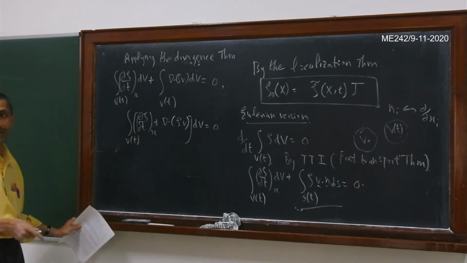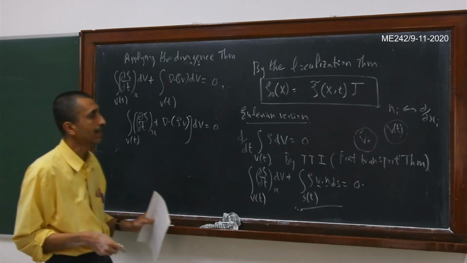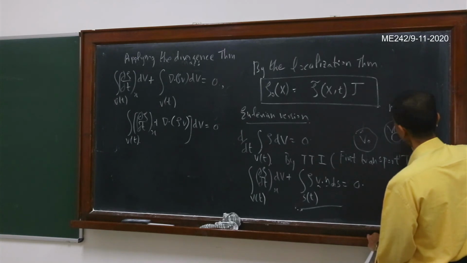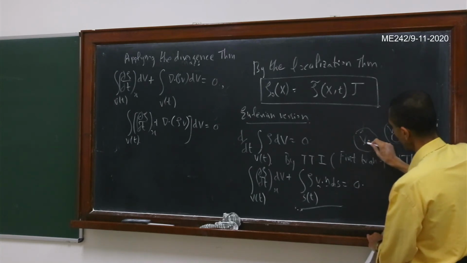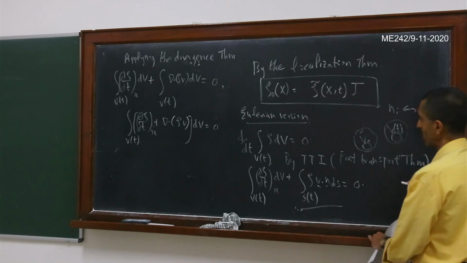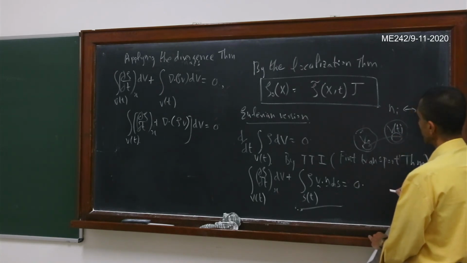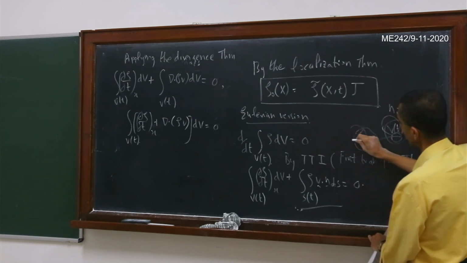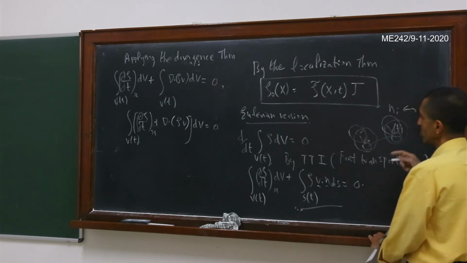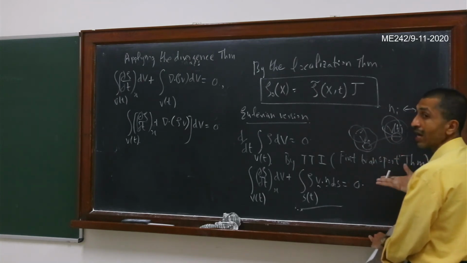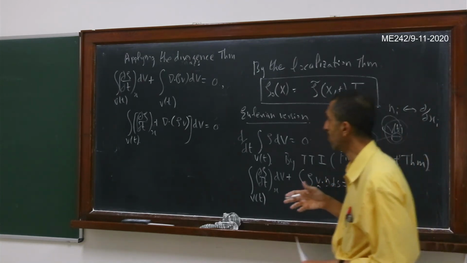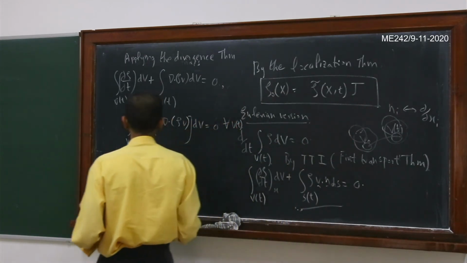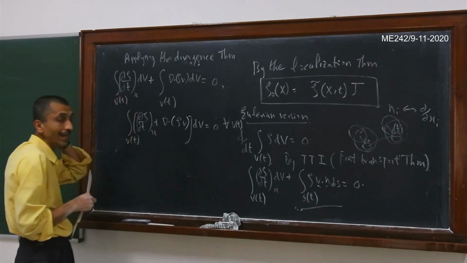Now again localization, right? Because the v of t is arbitrary. I could have chosen some subset of v of t as my material volume. Correspondingly, your v0 would have been this fixed set of particles, and as it evolves it becomes this v of t, or I could have chosen some other v of t, with a corresponding v0 for that set of particles. So the choice of v of t is arbitrary, and this holds for all material volumes v of t, and hence the integrand is 0.